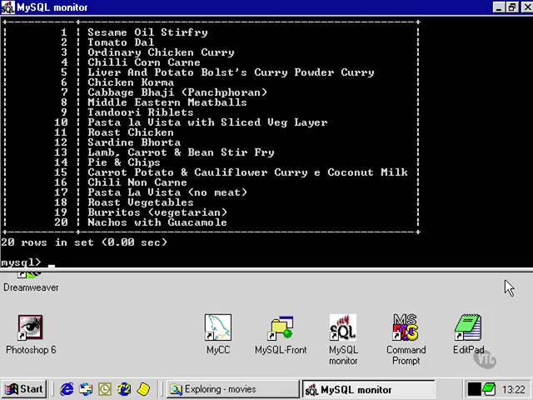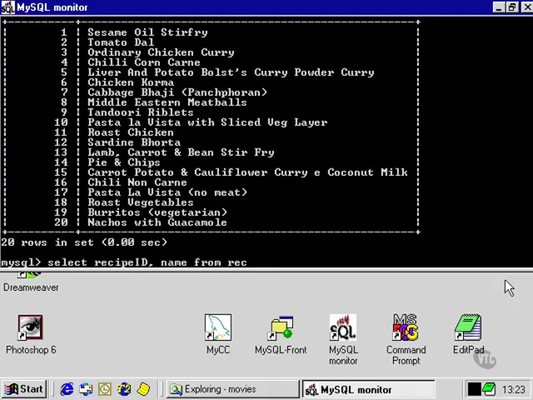However, we're still getting all 20 rows that are in the table so far. And although, because it's only 20 rows, this happens to fit on the MySQL monitor at the moment, if we had 200 rows, then obviously we wouldn't be able to see all of them. Also, we may only want to see certain rows. We may be looking, for instance, for the first recipe of the set. To get the first recipe of the set,